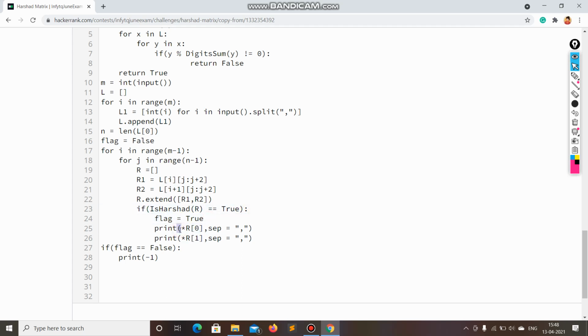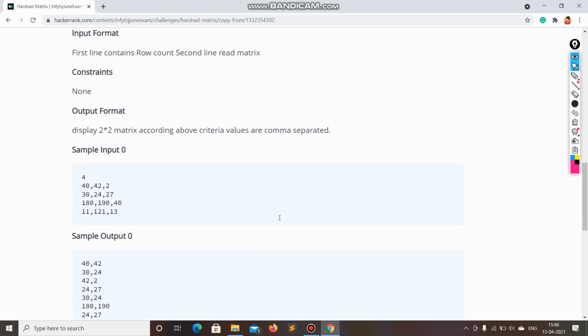I am printing with a star, which prints the elements in a list separated by spaces, but now I am separating with a comma, because my output requires that. If nothing happens, my flag will still be false, so I will print -1. So this is my approach to this problem.